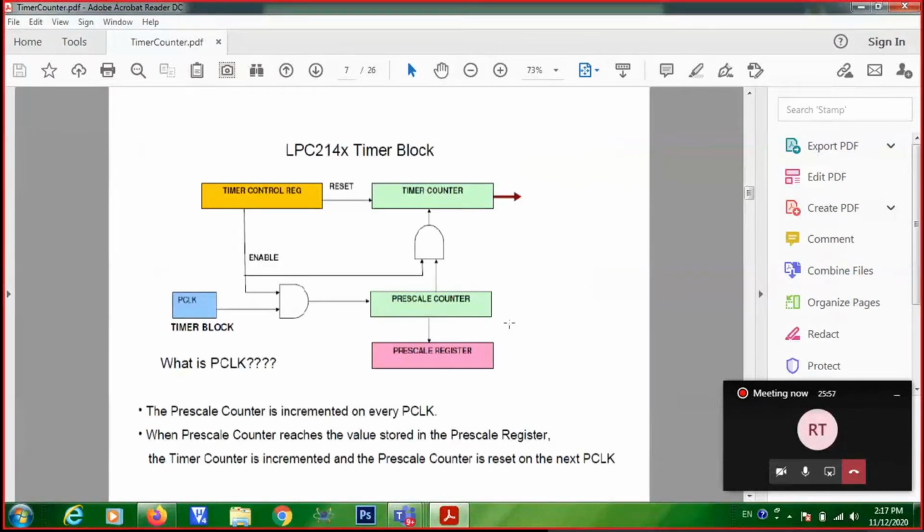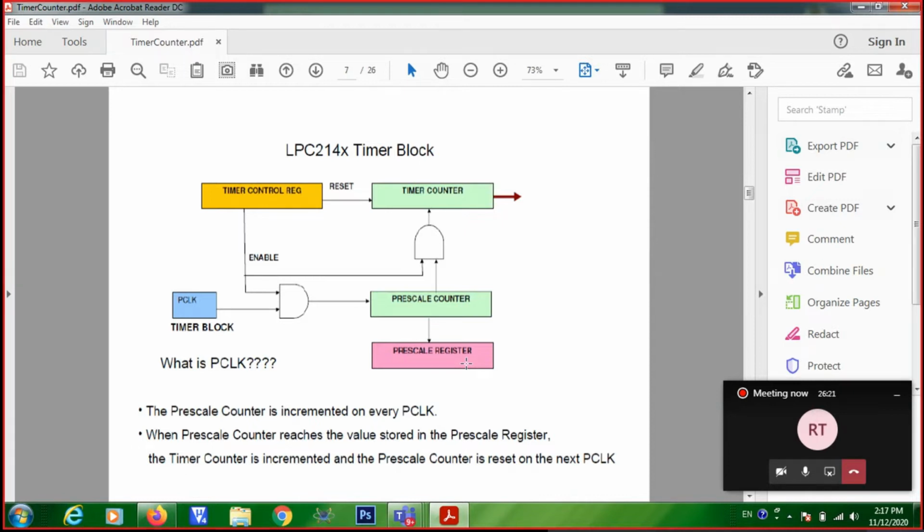So this is a basic block diagram of the timer. Right? So here your register will be the timer counter register, and the resolution is decided by the prescaler counter. For configuring the prescaler counter, you need to configure the value in the prescaler register, right?